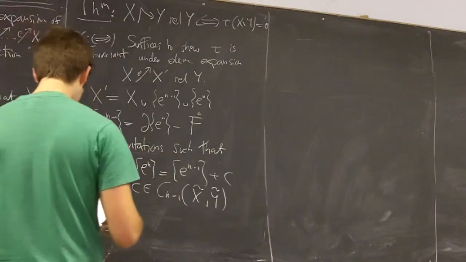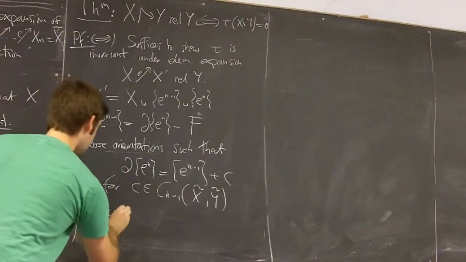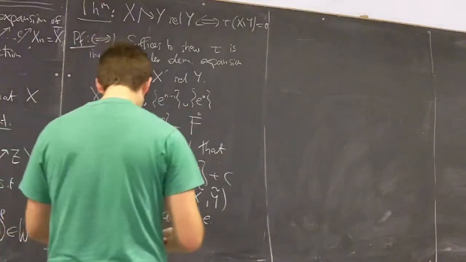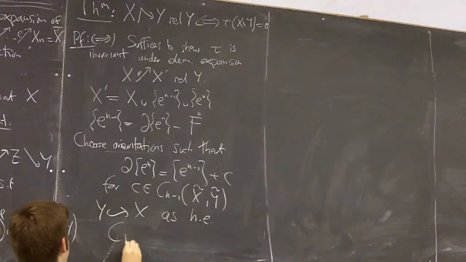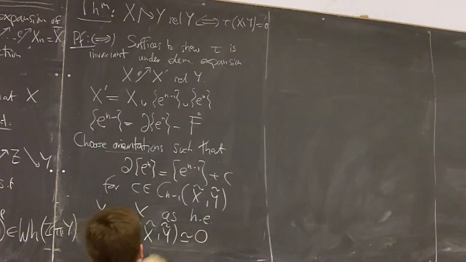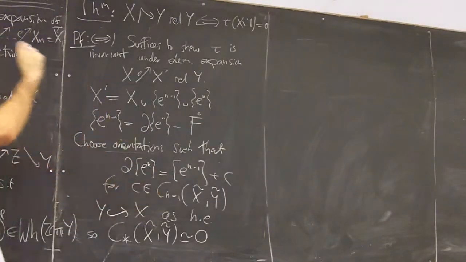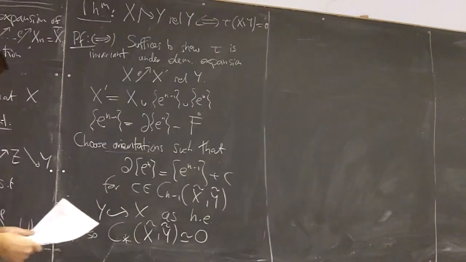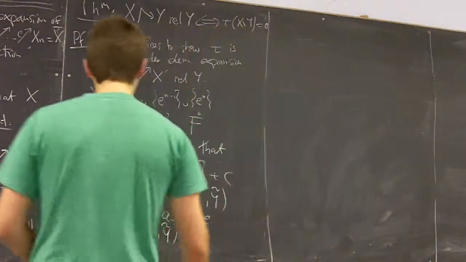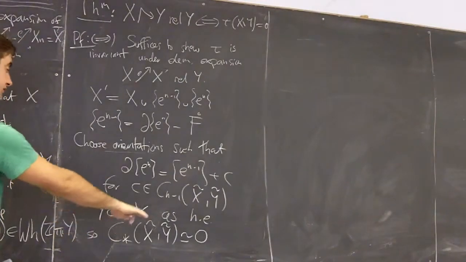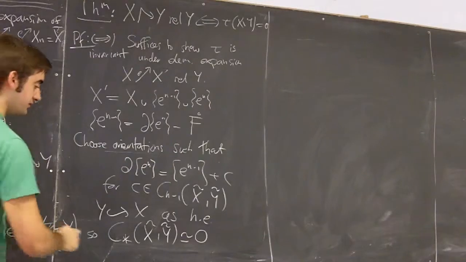Now we already know that Y includes into X as a homotopy equivalence, so this relative chain complex should be chain contractible via the lemma we had before. We know the homology is 0 and this gives us a chain contraction. And now we wish to use this to show that we can extend a chain contraction of this chain to a chain contraction of